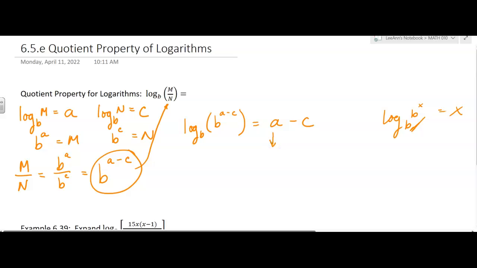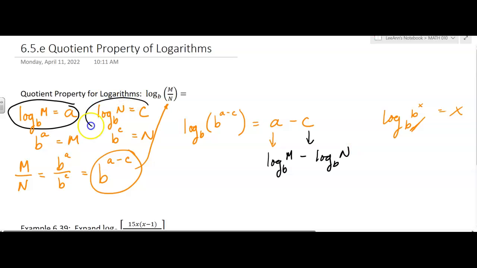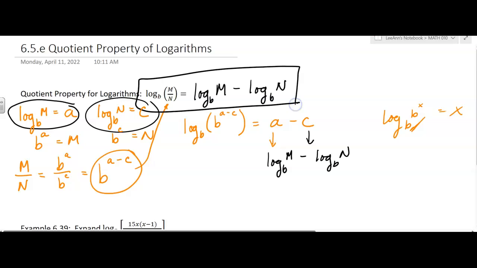Okay, but what is a? A comes from here. It's log base b of m. And what is c? C is log base b of n. Right there. So this whole thing, log base b of m divided by n, is equal to log base b of m minus log base b of n. And that's then the quotient property